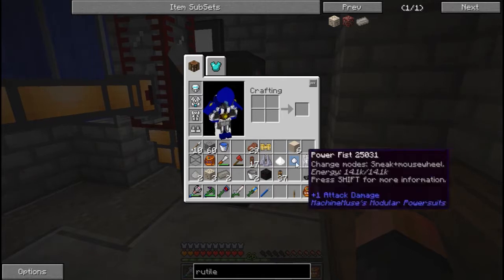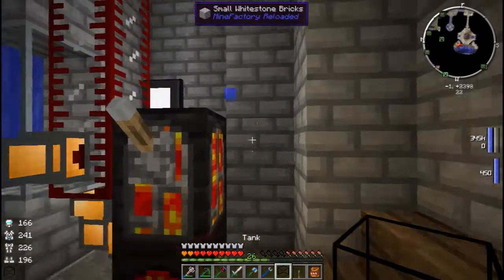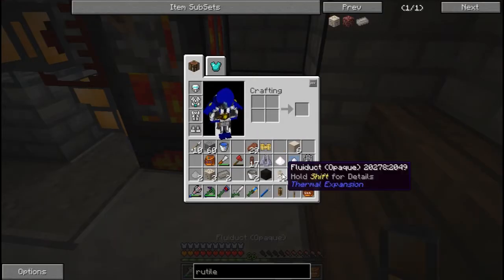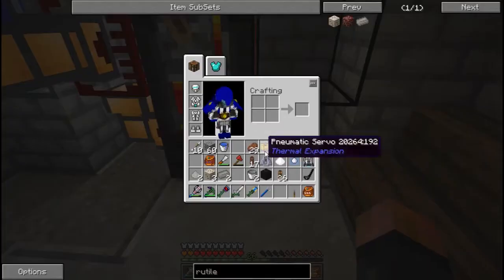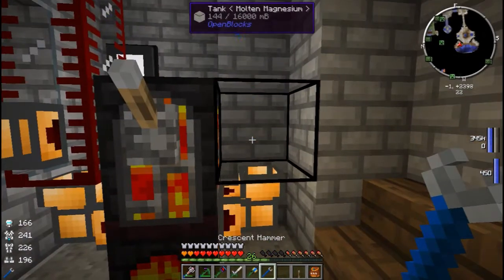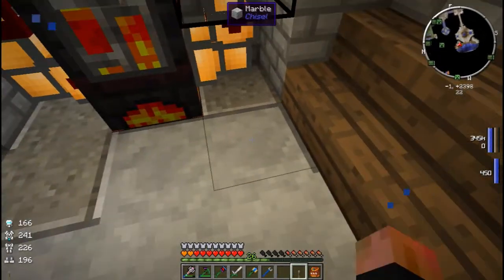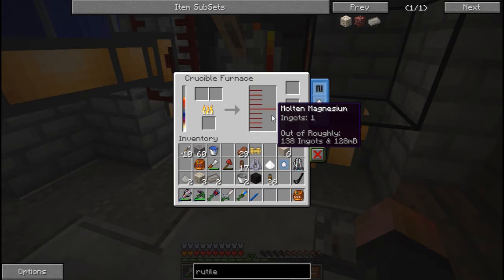Okay, so let's take the magnesium out of this, and I think we can ladle it into an ingot caster. I made one of those already, so we can try that out, and it might work. Then we can put two ingots back in here, and we'll get molten titanium, and it'll all work out. So let's get our wrench back here. This is quite complicated, to be honest with you. Nope, wrong side. Do this. Let's just plop one of these here. Get back out. Okay, so it should be full of 1 ingot of